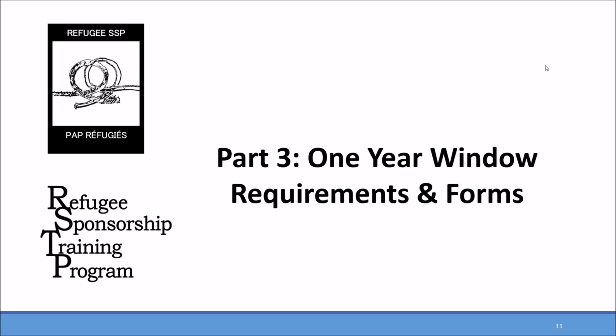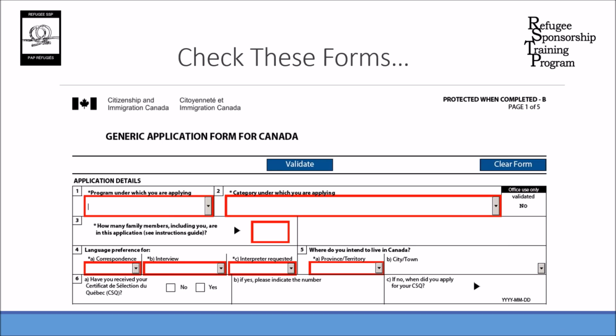So if a principal applicant listed his or her spouse or any children under the age of 19 on their initial application as non-accompanying family members, then they would be eligible to come under the one-year window. And what you need to do if you are assisting somebody with the one-year window and with completing a one-year window application package once they've arrived in Canada, you need to check these forms to see if the non-accompanying family members, the non-accompanying spouse, common law partner, dependent children under the age of 19 were listed on these forms as